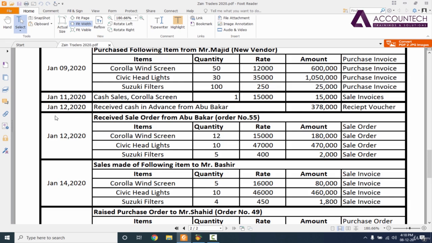Our next transaction is of 12 January and it says receive cash in advance from Abu Bakr. And we are receiving 378,000 in advance from our customer, that is Abu Bakr. Now, why is this customer paying us advance? You can find the answer in the very next transaction, in which a sales order is made by Abu Bakr